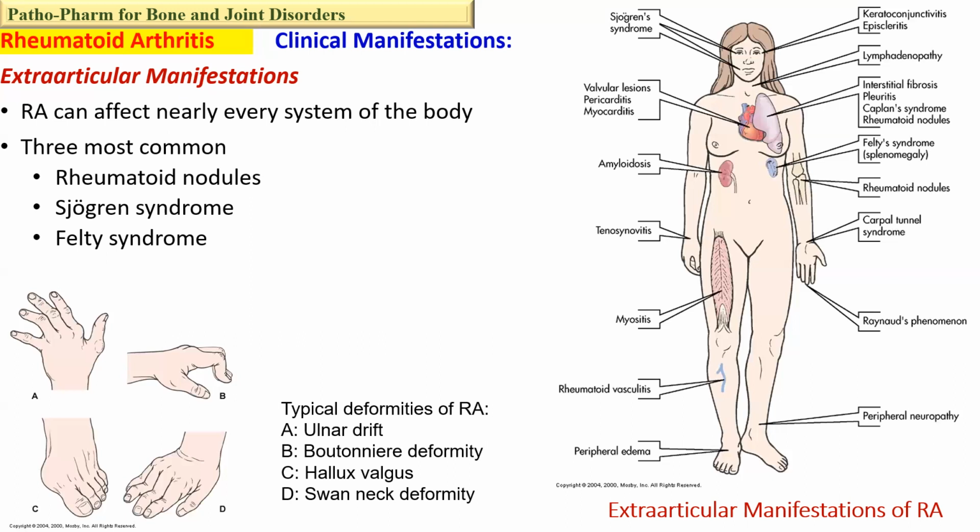the eyes, splenomegaly, lymphadenopathy, and some blood dyscrasia like anemia,